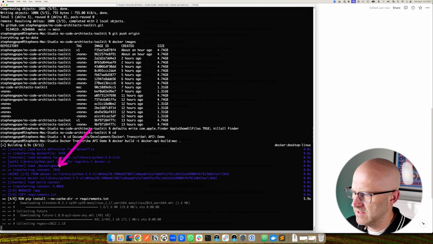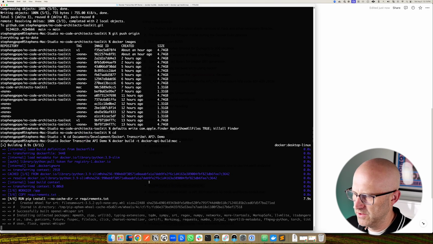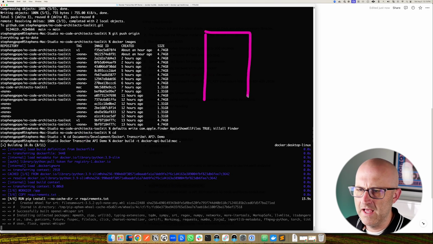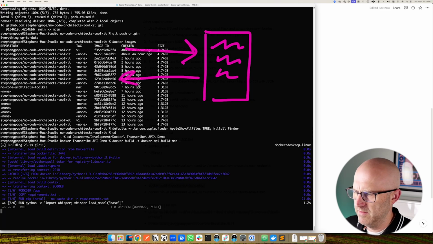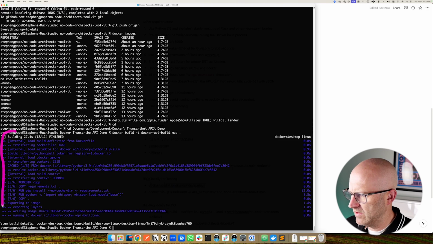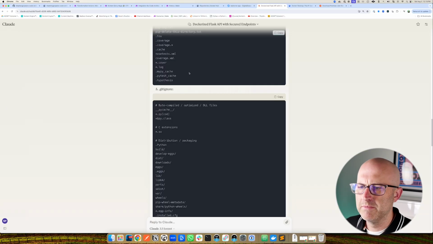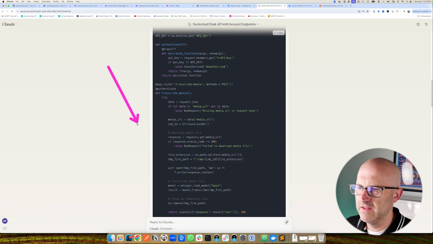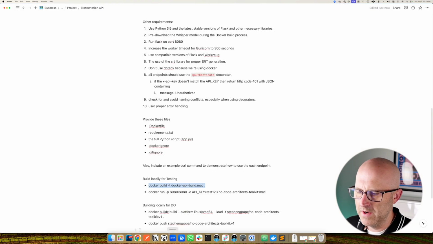So now what's happening is that it's actually building out our little Docker image. It's building out our little container that has all of the little pieces of code that we need so that we can call it from Make and get a response from it. And if you think about it, what's cool is that we didn't have a single error there. So we built out the entire Docker container without an error simply by going to Claude and asking it to generate these pieces of code for us. So now all we need to do is actually